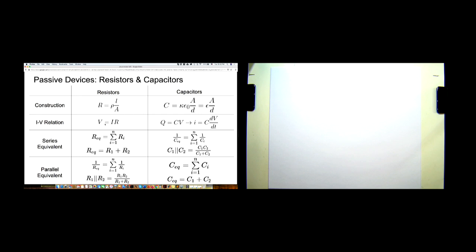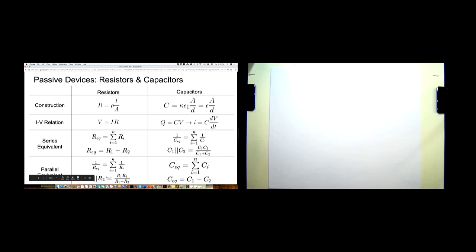Then when you have connected multiple resistors in series, you have an equivalent resistance between the two end terminals that is the sum of all the resistors. If you have multiple resistors in parallel, 1 over the equivalent resistance is the sum of 1 over each individual resistance. Also, there is a formula for the parallel combination of resistances. R1 parallel R2 is R1 R2 over R1 plus R2, only for two resistors in parallel in this case.